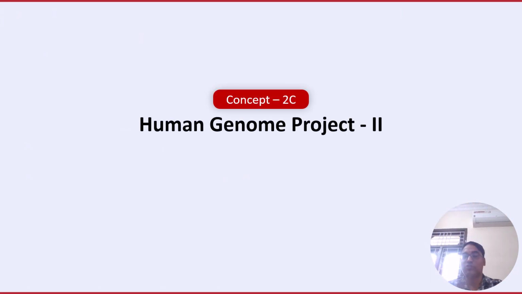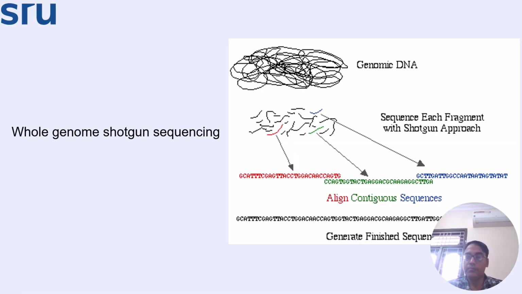So this led to the next part of the human genome project phase. We'll be discussing the basic concepts they have taken to link the parts, and how it came up. It's a primitive approach. With genomic DNA, you got the different fragments, you overlap them, and this is termed aligned contiguous sequences, one after the other.